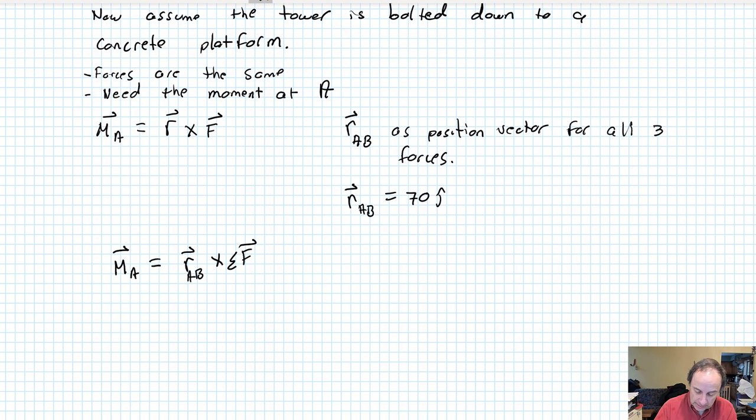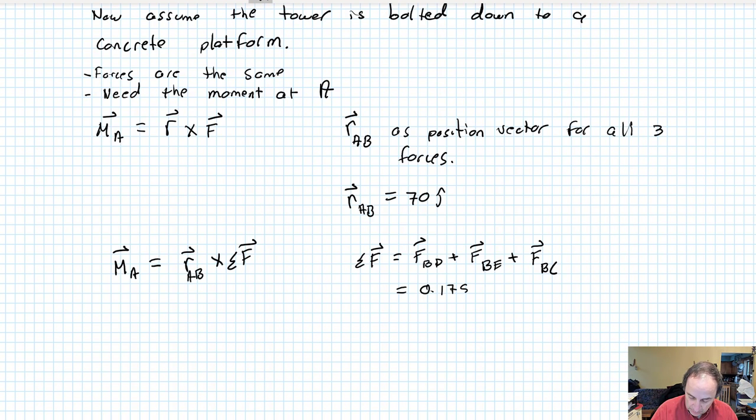All right, and the sum of the forces vector is force BD plus force BE plus force BC. So I'm going to skip this step because all you're doing is adding the x components, adding the y components, adding the z components of these three vectors, and that leaves you with